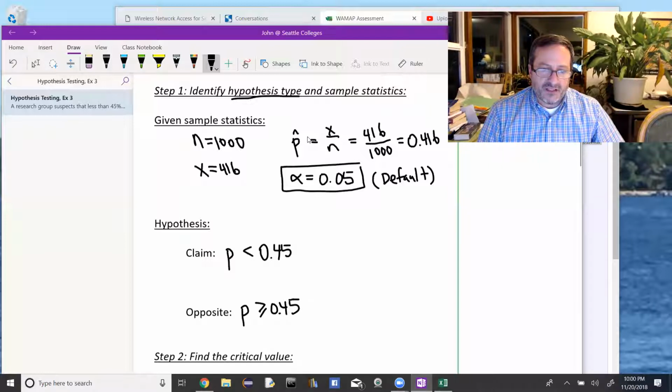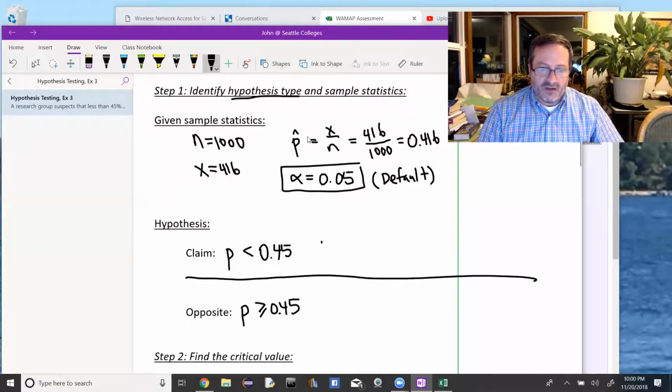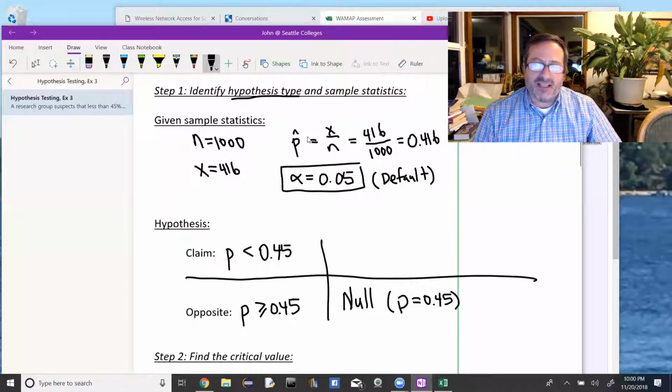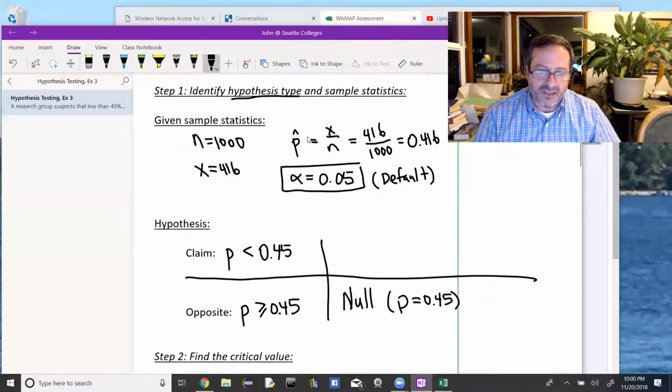Only one of these two will have an equal sign attached to it. And that equality one is what we call our null hypothesis. Some textbooks consider this to be the null hypothesis. Other textbooks consider just the one with the equality to be the null. If you look at the homework, it just has the equality. I actually misspoke on that in the last problem, but that's okay. That's our null hypothesis with the equality, and our alternate hypothesis